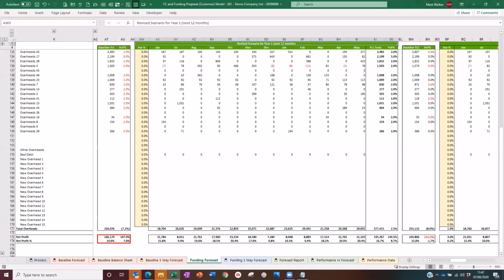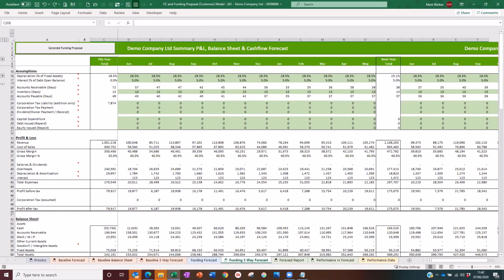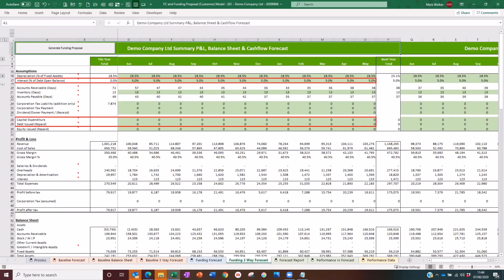In each of the 5 years, the Funding Three-Way Forecast tab is then used to enter any assumptions relating to the funding. This will normally only impact the interest, capital expenditure, and debt sections. However, the funding could impact other elements of the balance sheet, so it would be worthwhile checking your assumptions on